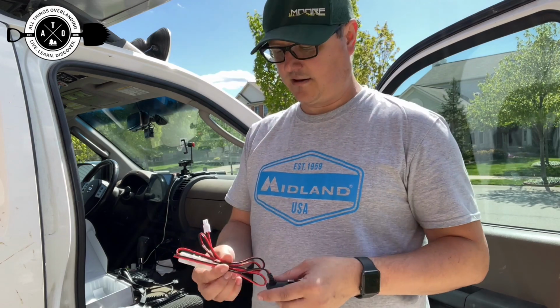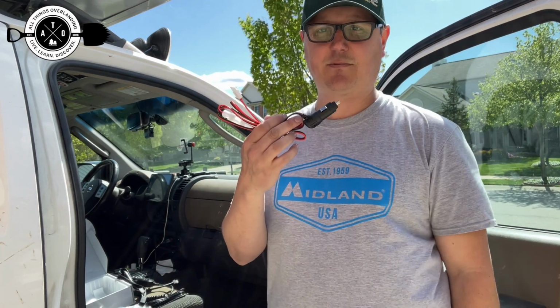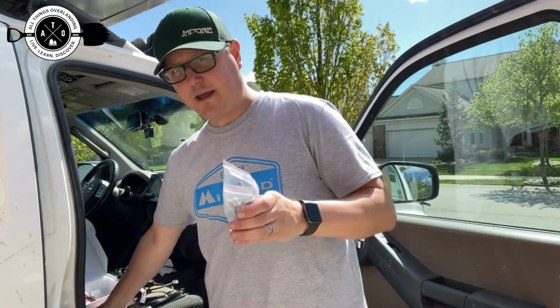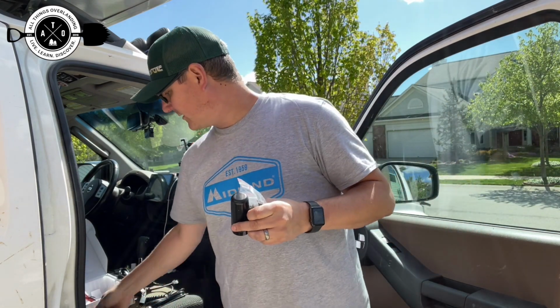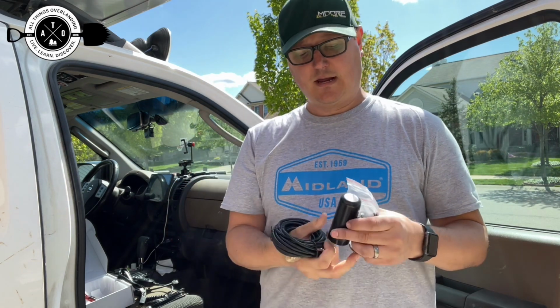Then in addition to that, you also get a DC plug. You can hardwire these things, so just to simplify the installation, I'm just going to plug it in with the DC plug. Then in addition to that, you get a mount for this little stubby antenna, and also a big long cord. So this basically plugs into the main brain unit, if you will, and then goes out to this